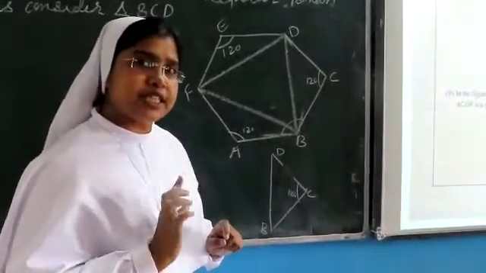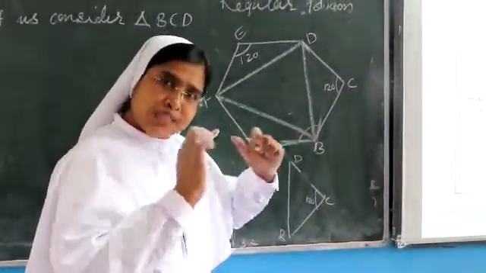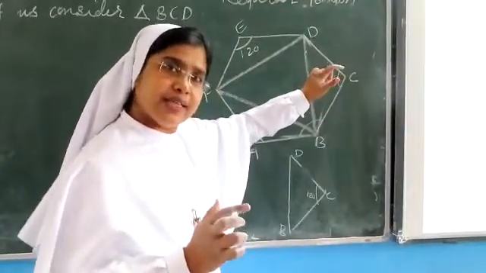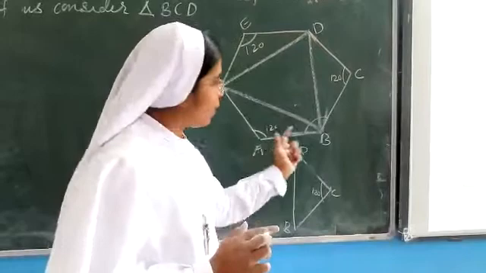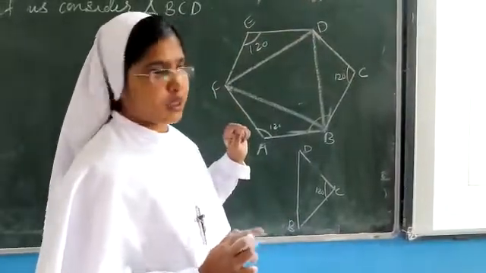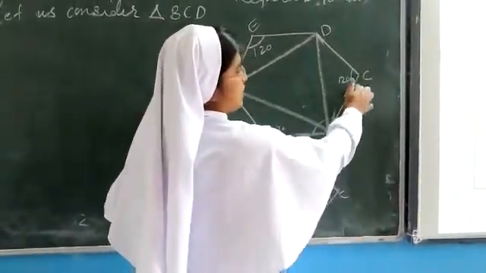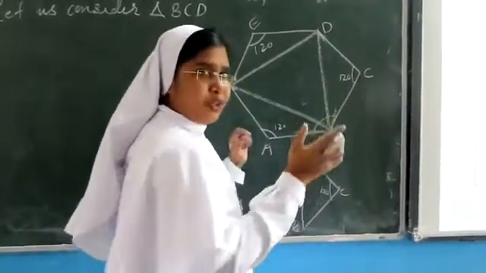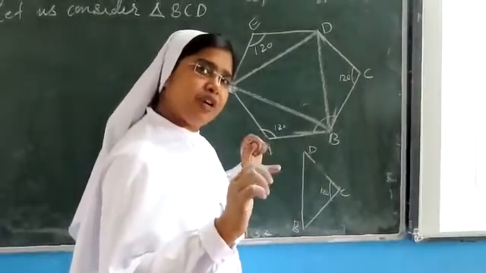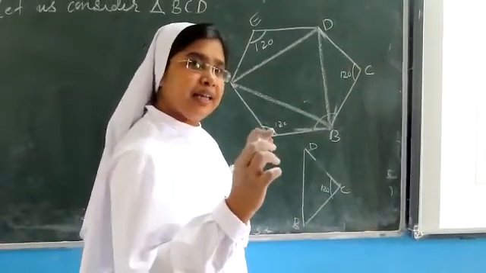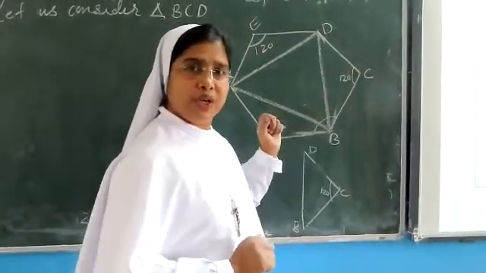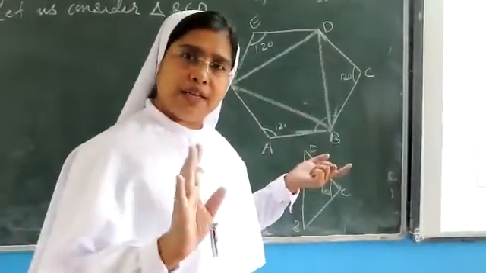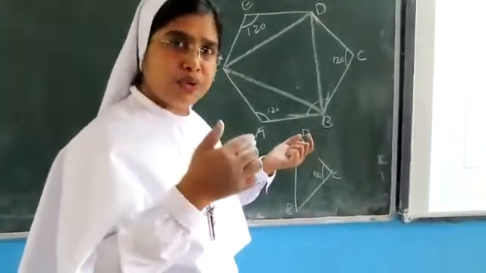Why is it? Isosceles means what? Two sides are same. These two sides are same. Why do I say it is same? Because it is a regular hexagon, all the sides are same. So this is an isosceles triangle and we know these two sides are same. When the two sides are same, again from chapter 1 we learned one thing: the angle opposite also will be equal. You have learned something from chapter 1, don't leave it there. You have to keep in mind, you have to use always.